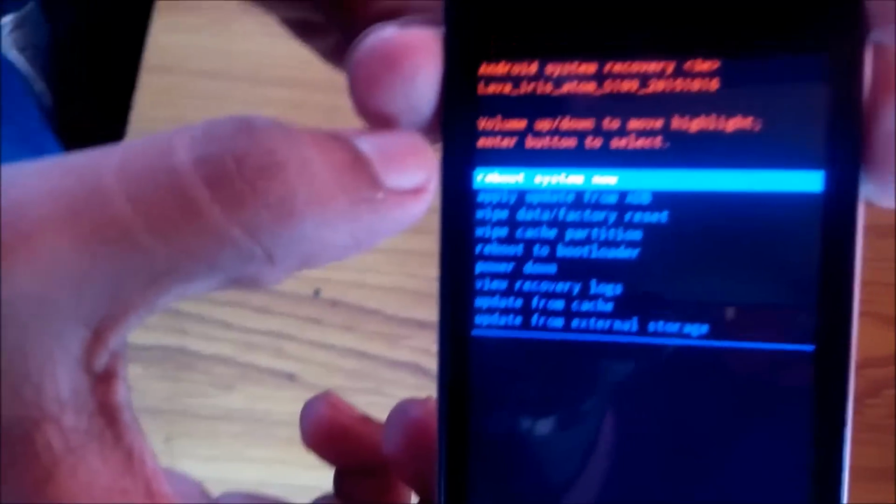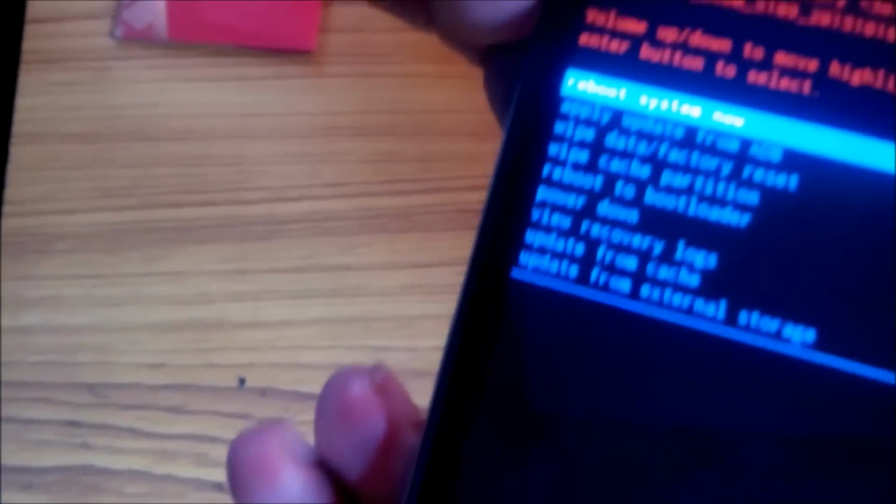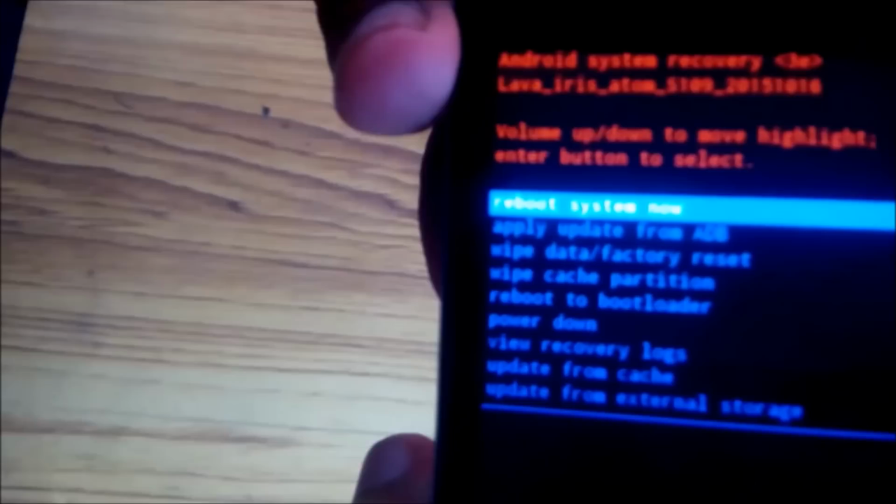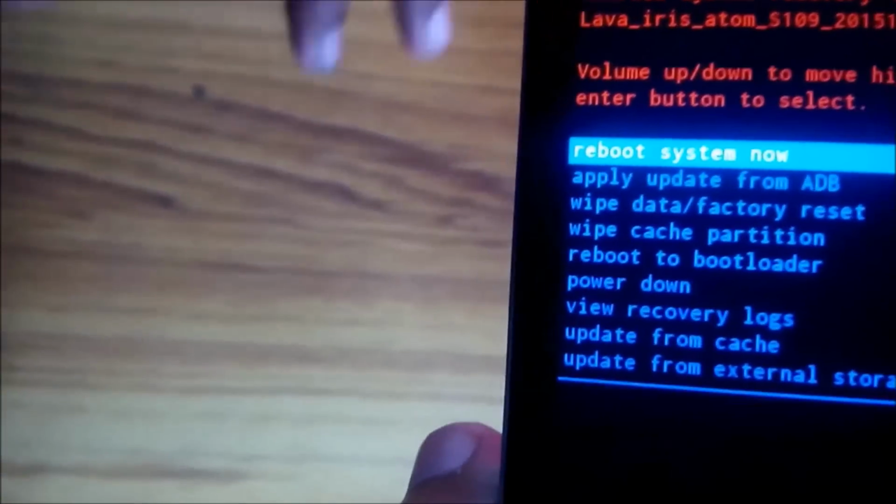So it has completed resetting or formatting my phone. Now I am going to reboot my system so that my phone starts again.